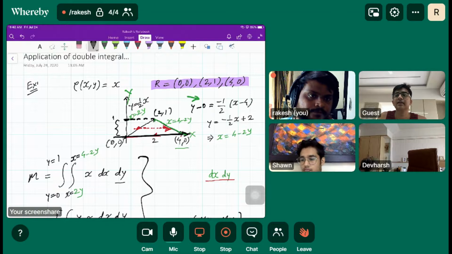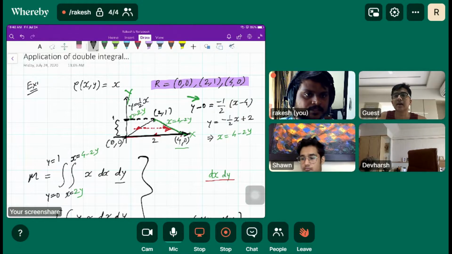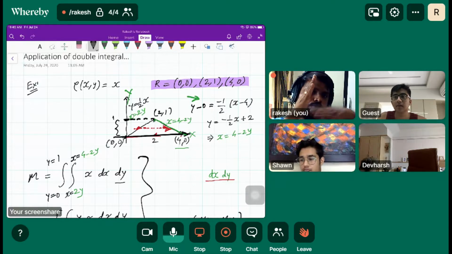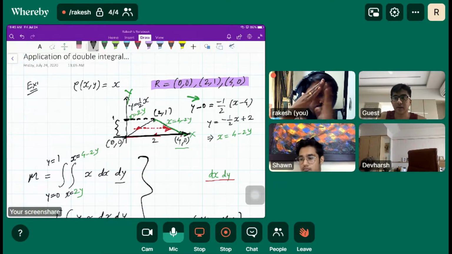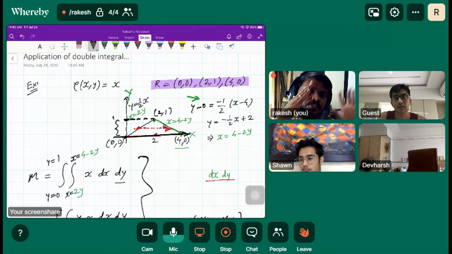Right now it's an irregular triangle. If it was an equilateral triangle also, these two functions are different, right? These two are different functions. If you go along the y direction, it will switch the function after some time. So the idea behind that is the function should not switch while covering the whole region.